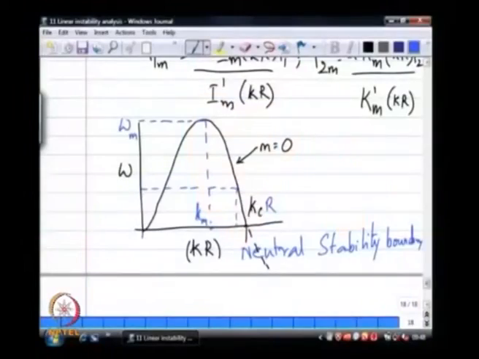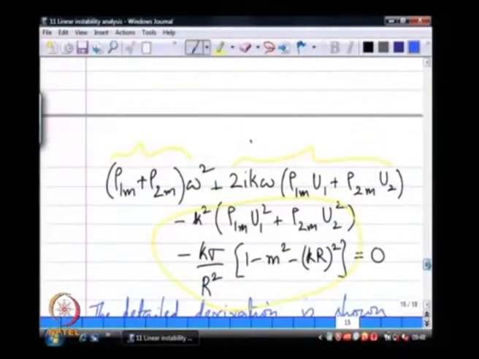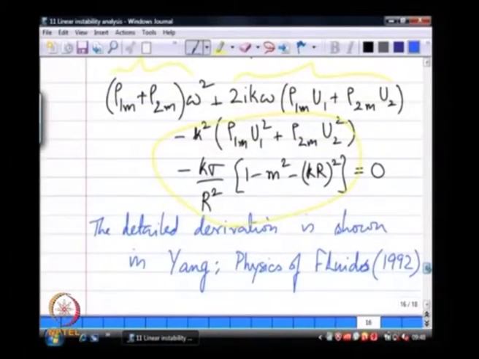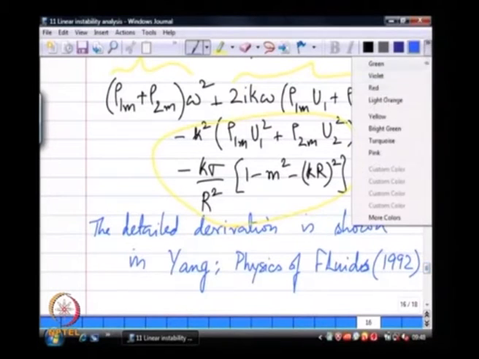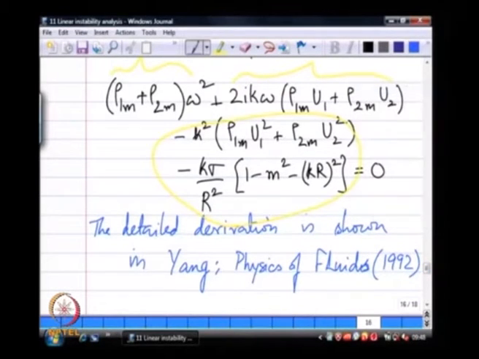Okay. Now, I want to take one more instance. We will look at this equation and simplify it by setting both the u1 and u2 velocities to be 0. Okay. So, I am just now looking at a cylindrical column of liquid that is somehow stationary in air with no gravity. Okay. Now, we simply go through the process of scratching out the terms that do not apply.